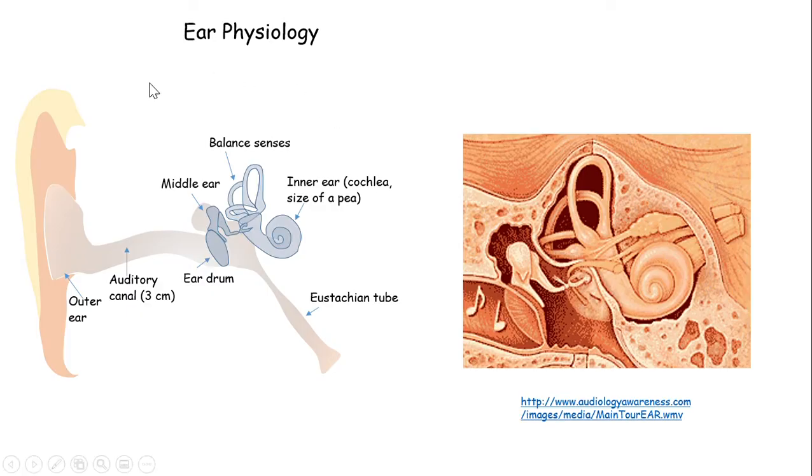So let me start with a basic structure of the mammal ear, in particular the human ear. It varies between different mammals, but for humans we have an outer ear, which is collecting the sound and transmitting it through an auditory canal about 3 centimeters in length, and this is sound propagation in air. Then the vibrations are received by the eardrum,